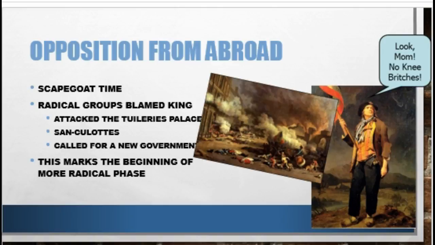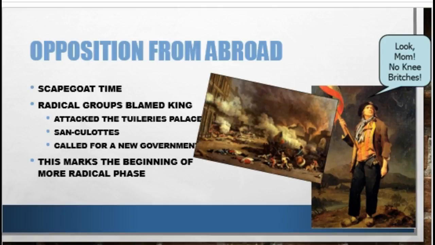And again, this is triggered by, in part, publication in Paris of August 3rd, the Brunswick Manifesto. You need to know that. Issued by the Duke of Brunswick, commander of the Allied Austrian and Prussian troops, which says nothing will happen to the French people if the king is not harmed. And this, to them, confirmed popular suspicions that the king was in cahoots with the Austrians and with the